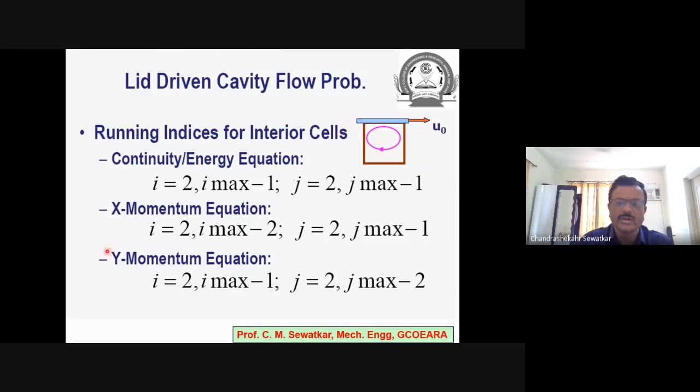You must be able to track the running indices correctly. When you write down the loop running indices in terms of I and j, if you make even a single small mistake, if your index goes here and there, you will not be able to get the solution. So it is very important, when we do coding, to keep proper track of running indices I and j.